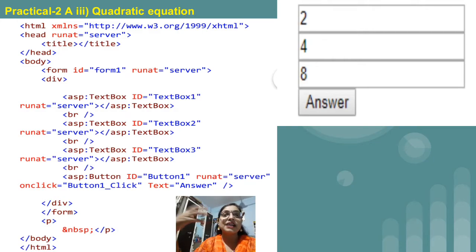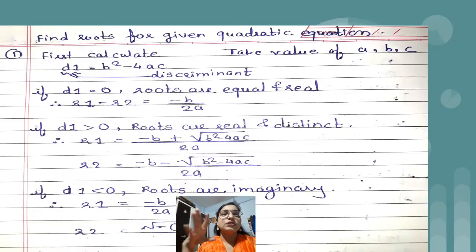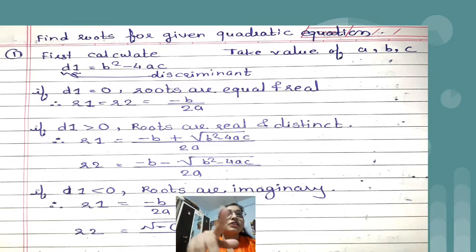Before starting with the actual logic, there are some things that you should know. The logic which I have used in this program, it is not something I invented, it is the actual, practical, basic logic while solving the quadratic equation. In the logic, first we will calculate the value of the d1 variable. What are we calculating in d1? B square minus 4ac. I hope you remember this formula, minus b plus square root of b square minus 4ac upon 2a. This formula we used to calculate the roots of the quadratic equation, right?